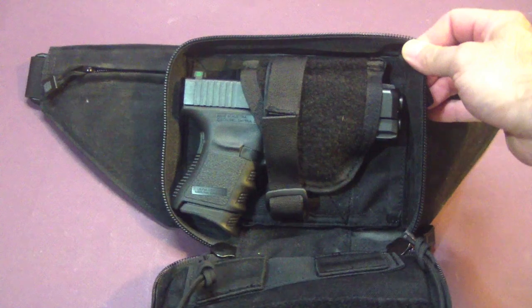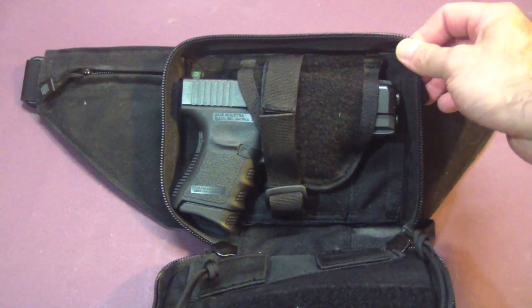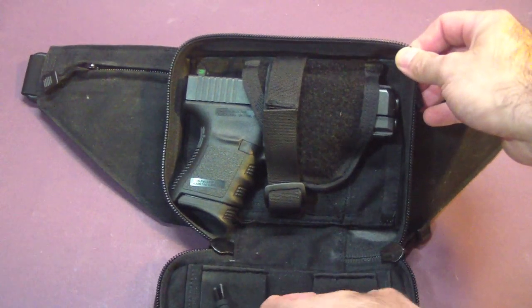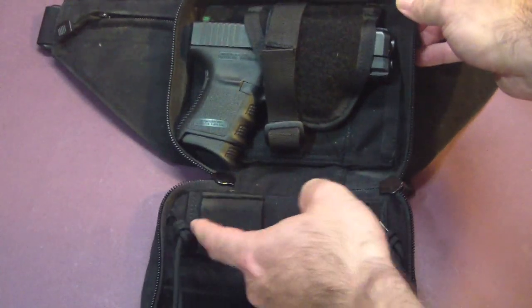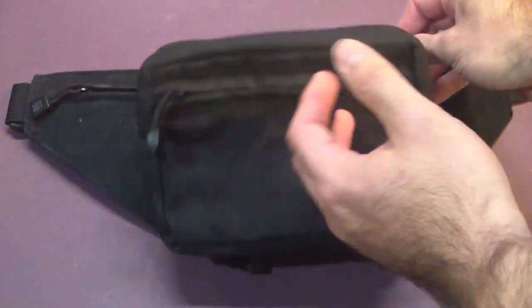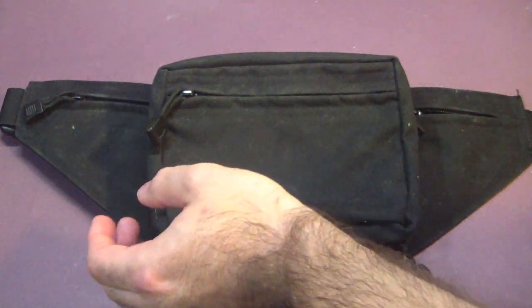This is a much larger caliber than the SIG P290, bigger gun overall, and it fits very comfortably in here. It's got places for extra mags in here, in this section here, everything. I don't really carry one, I just carry the gun loaded in here. Now another advantage this one has over the other